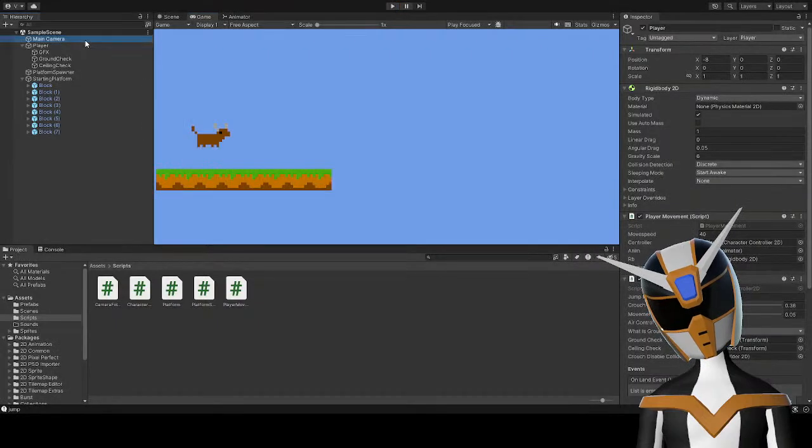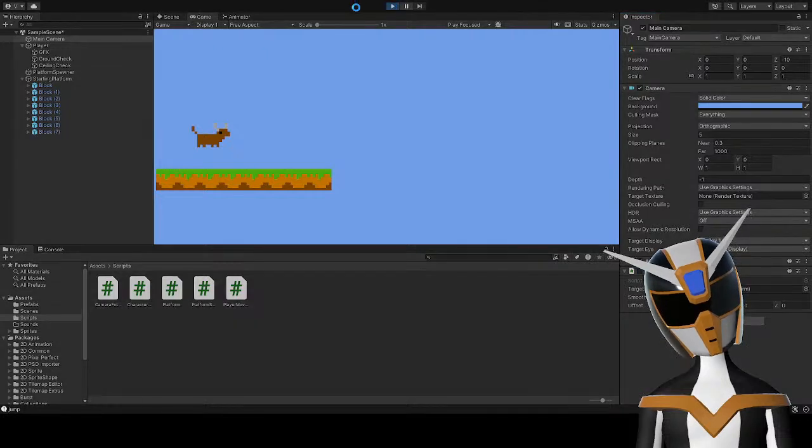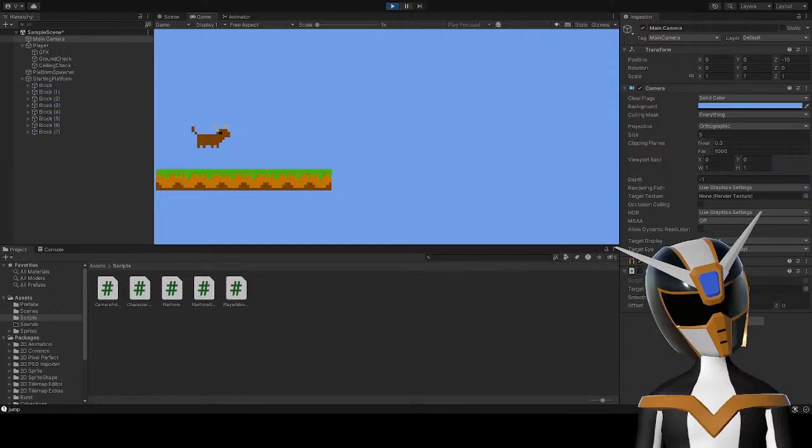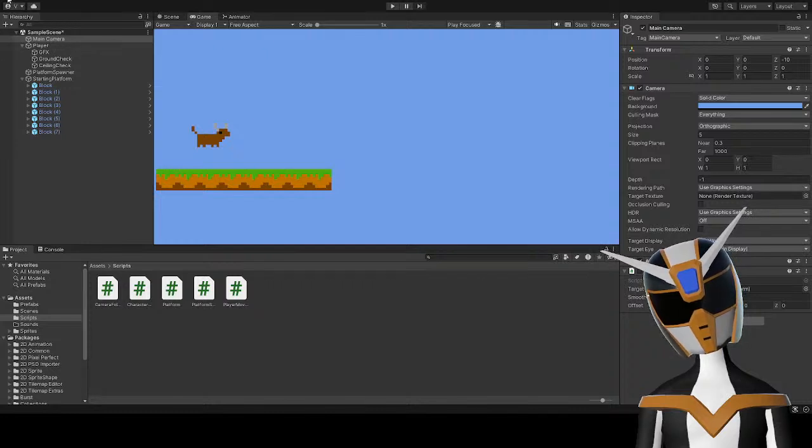Whoa. Wait, did I not just turn this off? Oh, I turned it off while the game was paused, so it turned back on. Okay, why is the camera follow script doing that, I wonder?